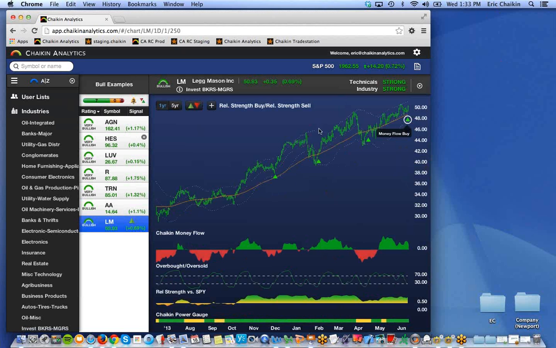is Legg Mason, which is in the financial group. It's been in our model portfolio since January. Again, here's one giving a money flow buy signal today. So, if you're looking for something to put in your portfolio or trade shorter term today, this is an attractive